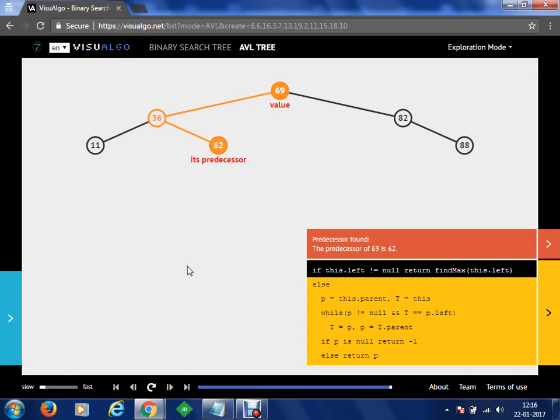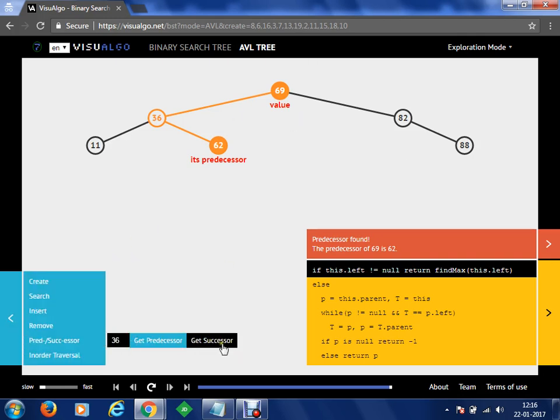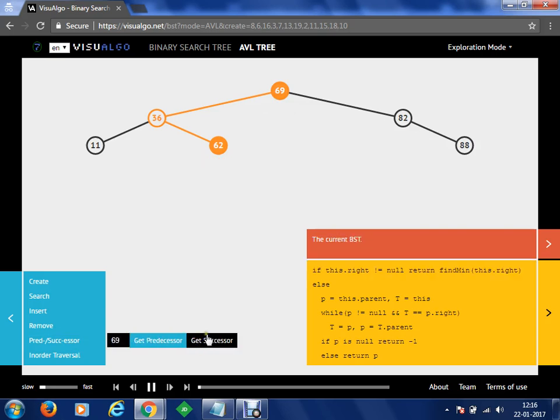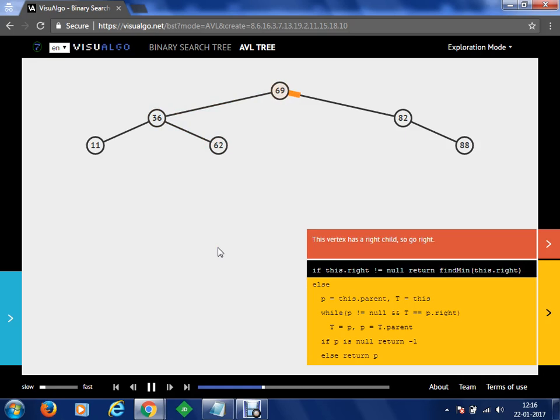It finds the value which we have provided. The predecessor for that value is 62, which is just before this particular value on your binary search tree. Okay. If you need to identify the successor, let's say we are going to get the successor of 69. Once the value is identified, it will move towards the right hand node and that will become its successor. Clear? So what we can do is, we have a binary search tree, we can maximum have 2 nodes.